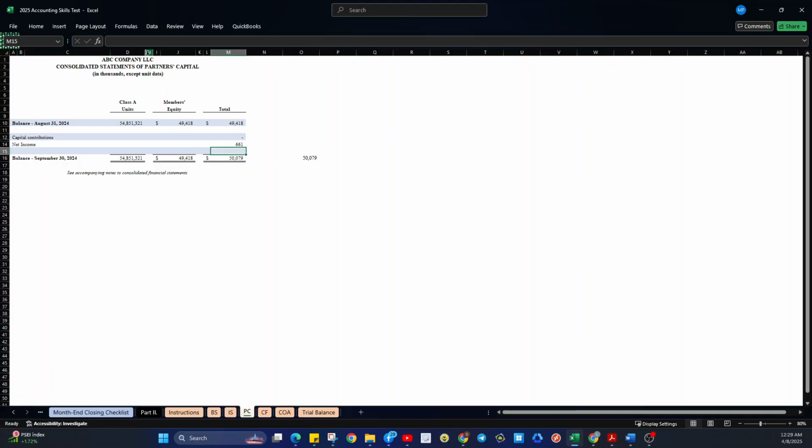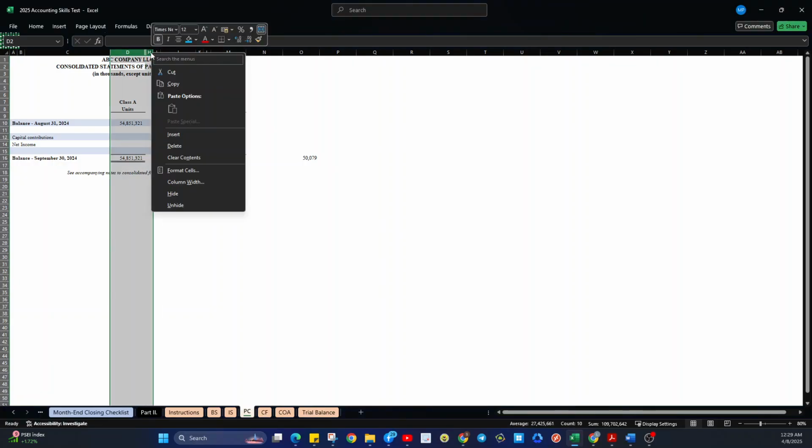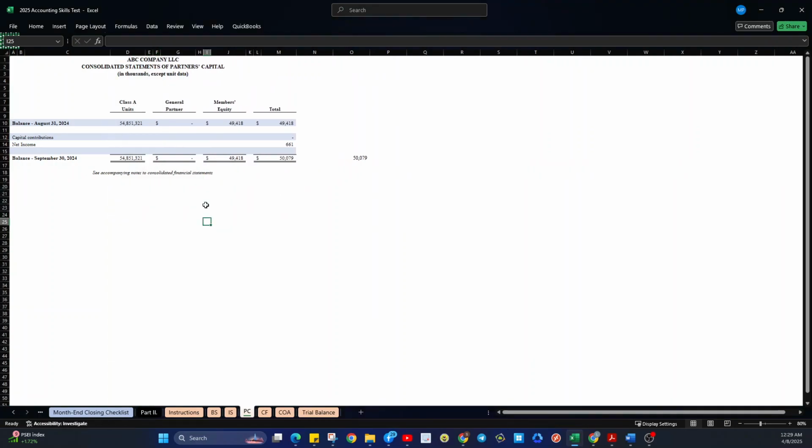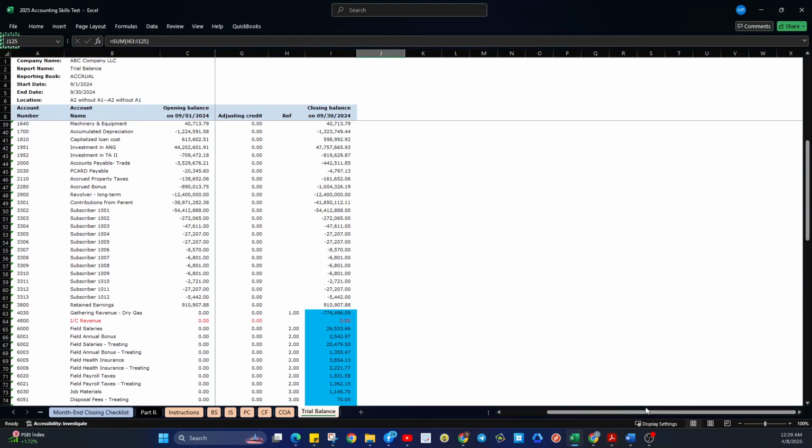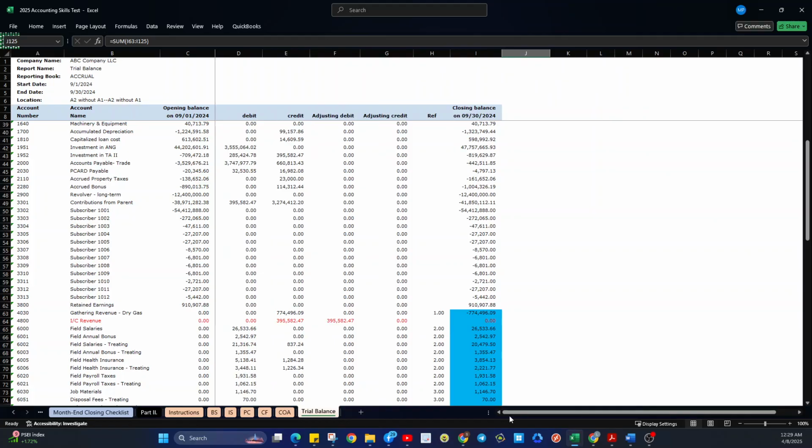Now, if you will notice, it says here that the balance is 49,418, the total. But if we go here in the trial balance, beginning, this is the beginning balance. I'm going to highlight.